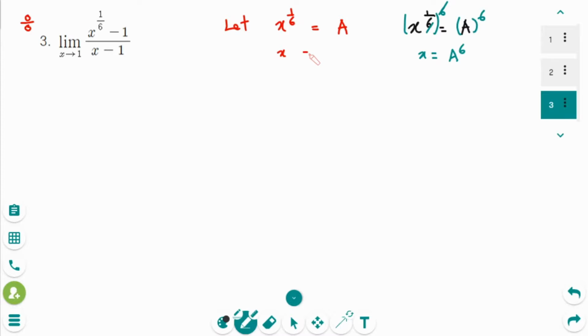Then we will get x equals a to the power of 6. Then when x approaches 1, when x equals 1, a is also 1. So a approaches 1. The limit becomes